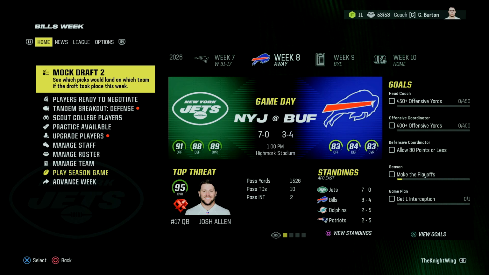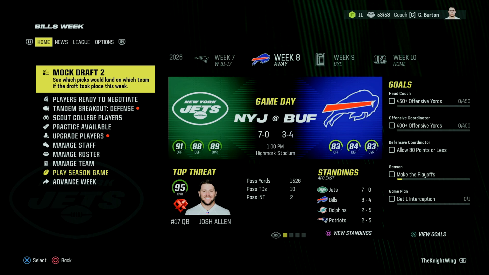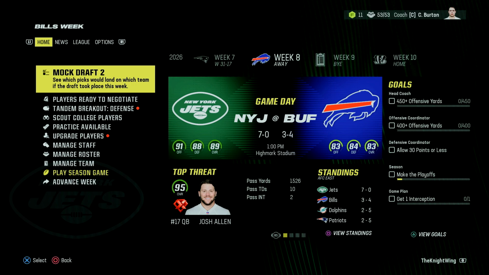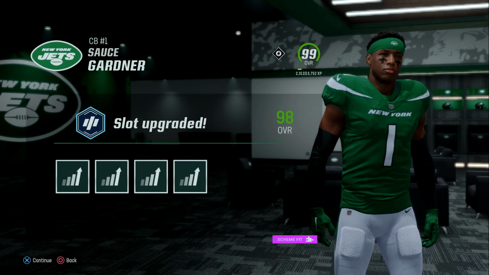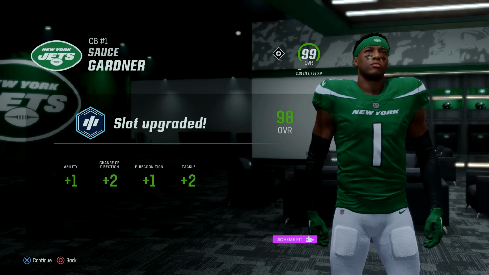Welcome back to my New York Jets franchise rebuild here in Madden 24. Today we're taking on our divisional rival, the Buffalo Bills, and if we can win this game, we will have a 5-game lead on the division. At the very end of the last episode, we got like 2,500 experience, I believe, so we do have a